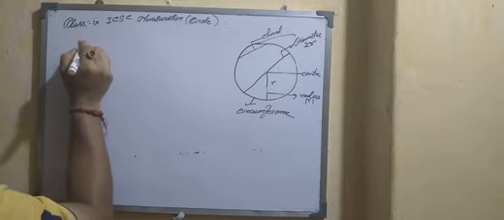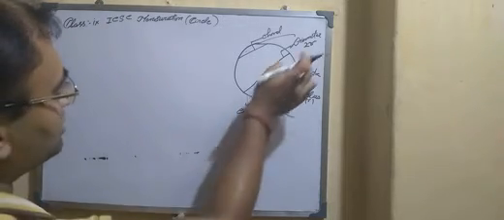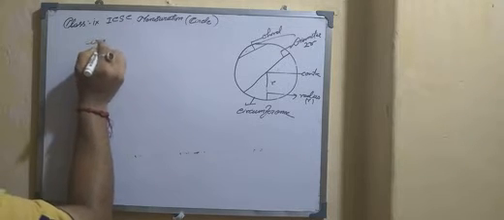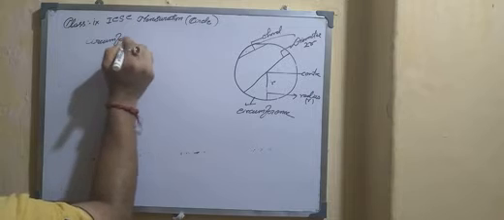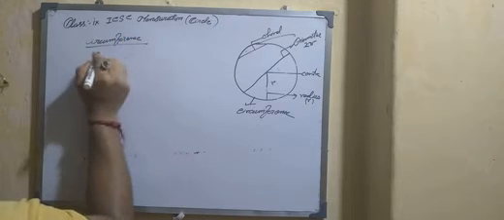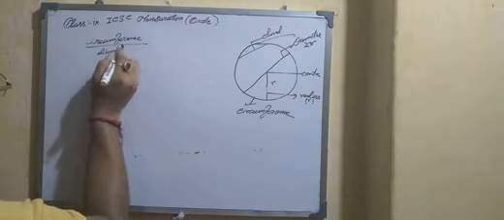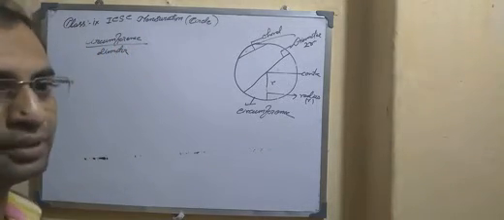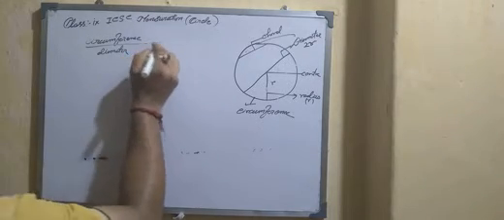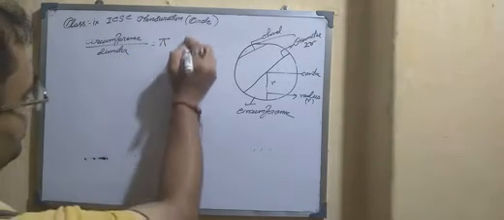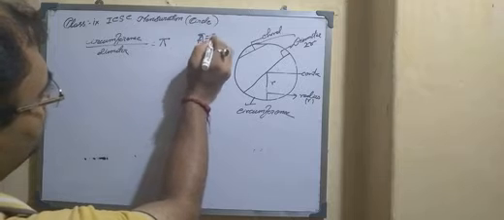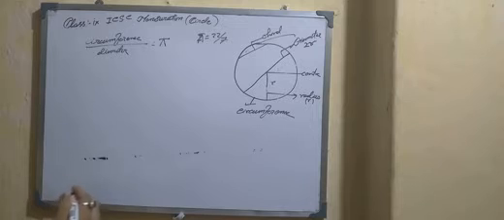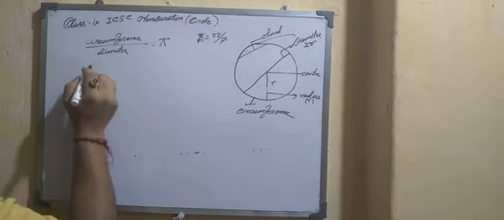The ratio in a circle between circumference and diameter, circumference by diameter. Do you know what is the ratio between them? The ratio is called pi. The value of pi is equal to 22 upon 7. Okay. That means we can write